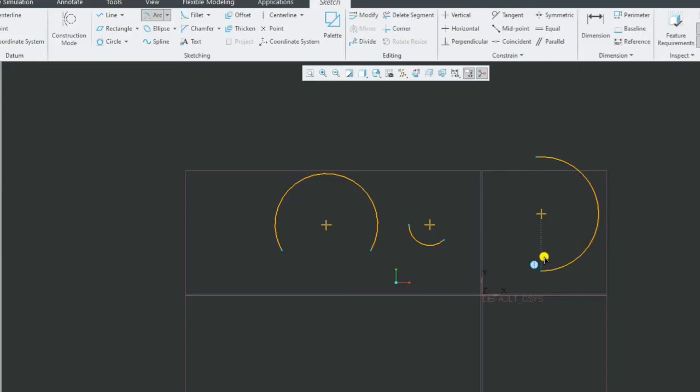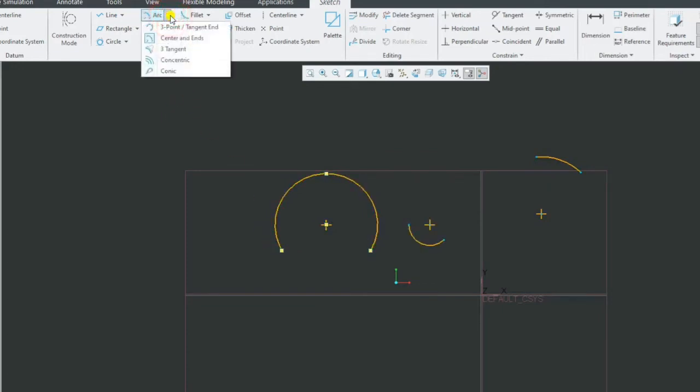The next stoppage will be 270. It's not that you have to make it up to 90 or 45. You can make it anywhere. Arcs can be anywhere. Okay, this is the arc which we have made.